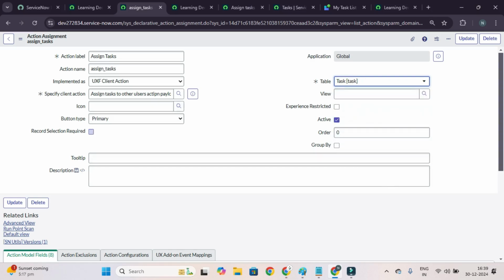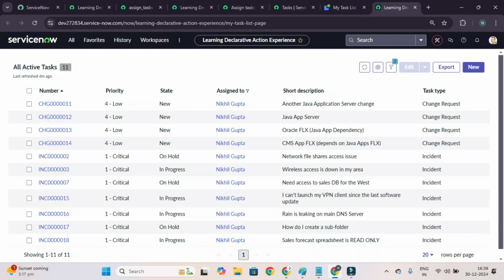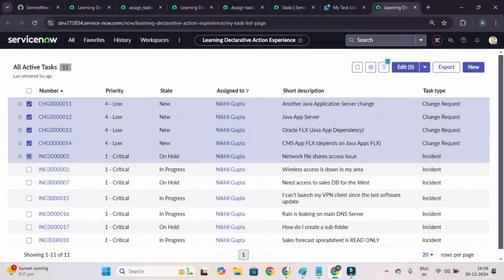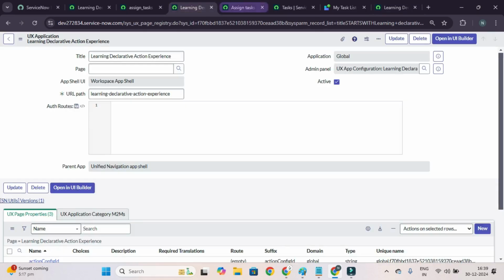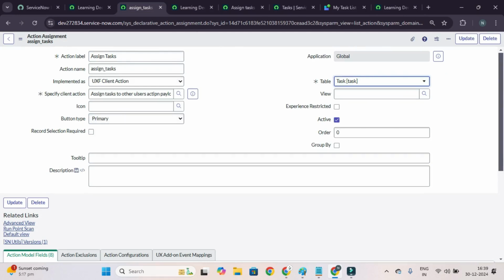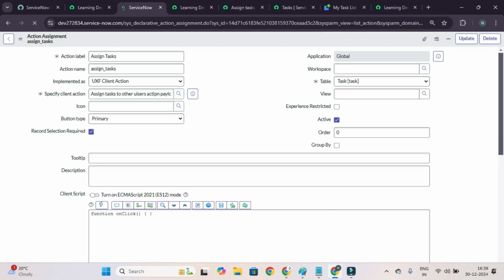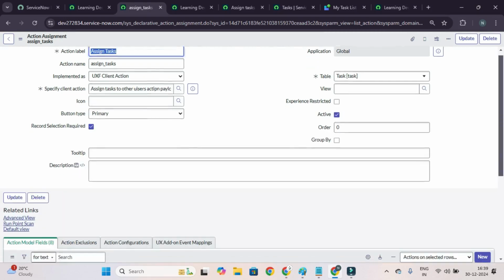And record selection required, yes of course, because here until and unless you will not select these records, that button should not be enabled. So for that I will say record selection required, yes, and I will save it. Okay,